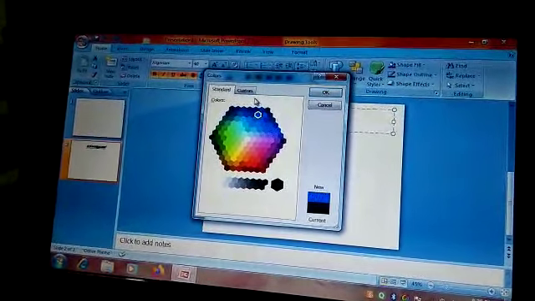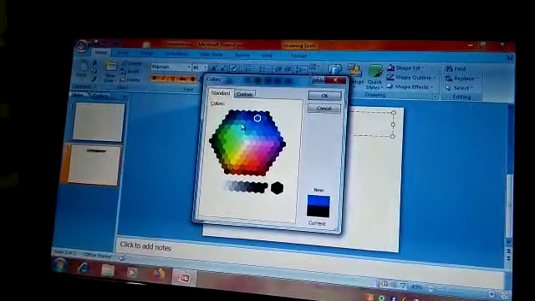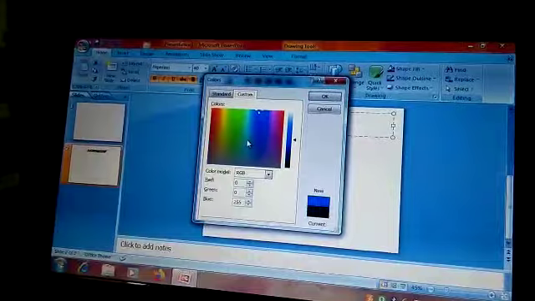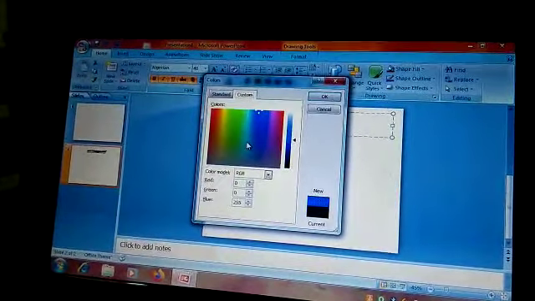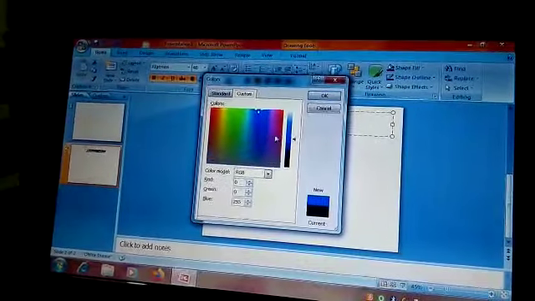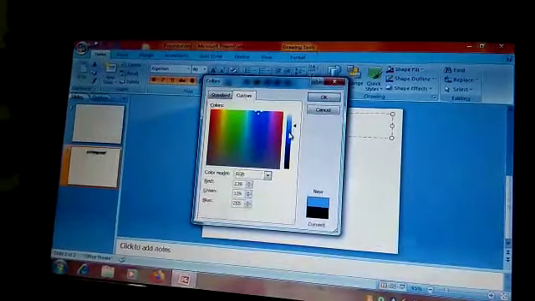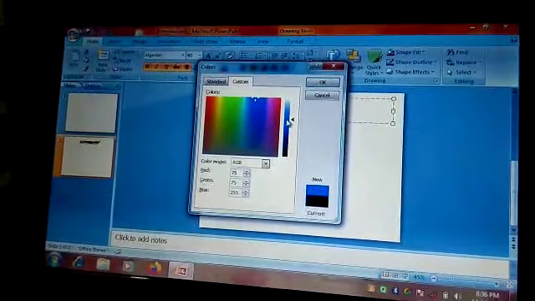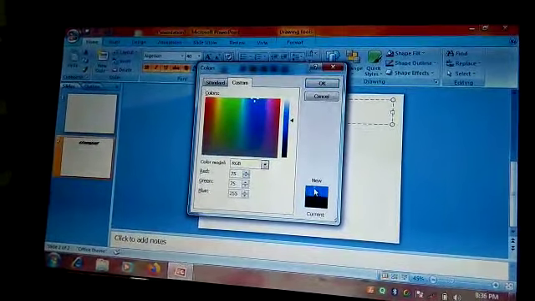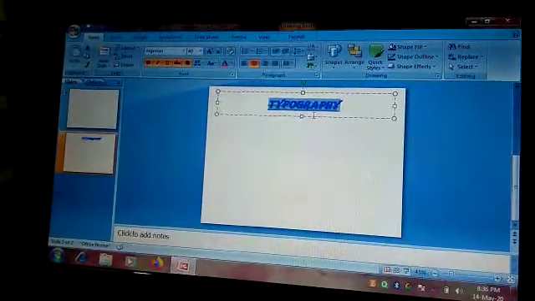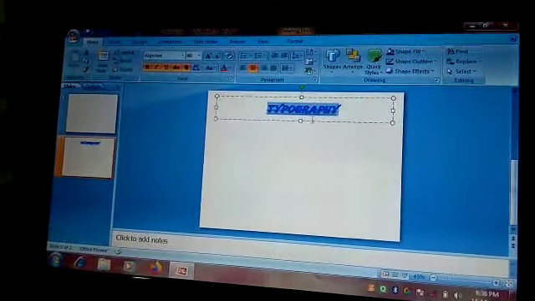Besides, in this Colors dialog box, you have Standard. These colors are shown over here, and this is Custom, with hue and saturation points, basically three colors we have, RGB, that everybody knows: basic colors red, green, blue. We have different hue, and this color model of a particular color shows you its effect inside the window. Then click OK, and the color of this selected title will be changed.